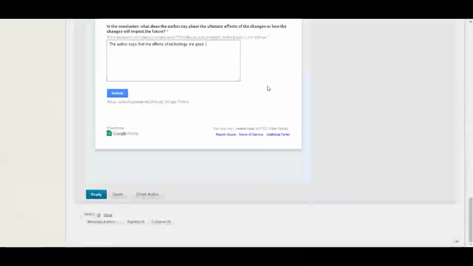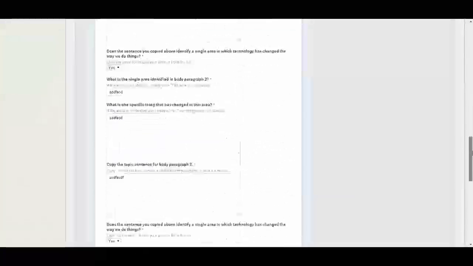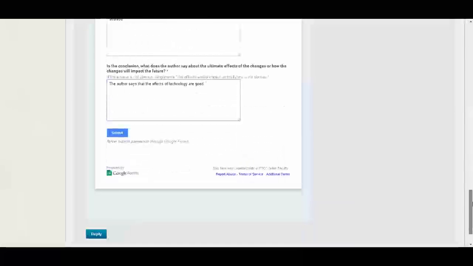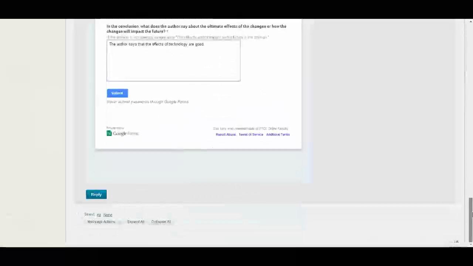Just one moment. Okay, during that break, I filled out the rest of the form, and you can see I put answers in. I have to fill out all the fields because all of the fields have asterisks, so they're all required, and the form will not submit unless I do. And when I'm finished, I click submit,